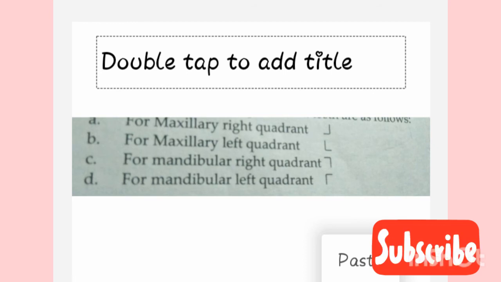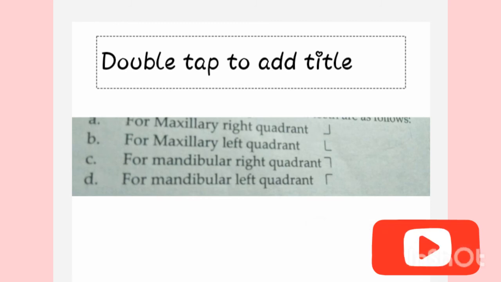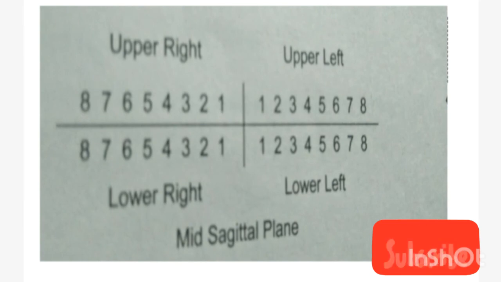See carefully and understand it. In this, the maxillary right and left quadrants and the mandibular right and left are denoted with various symbols. In these symbols you are seeing one is a vertical line and second is a horizontal line. The vertical line corresponds to the patient's midline and the horizontal line corresponds to the occlusion plane. Okay, clear? The horizontal line represents the occlusion of the patient and the vertical line represents the midline. This is for the permanent dentition and this is for the deciduous dentition.